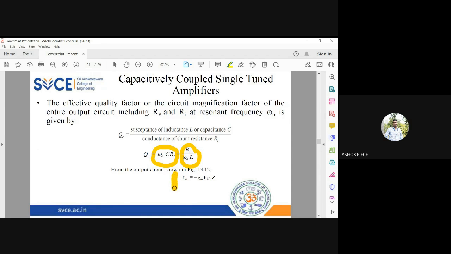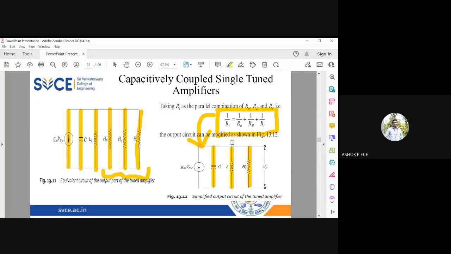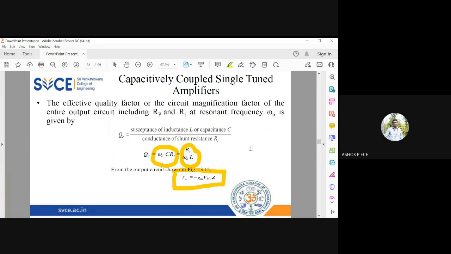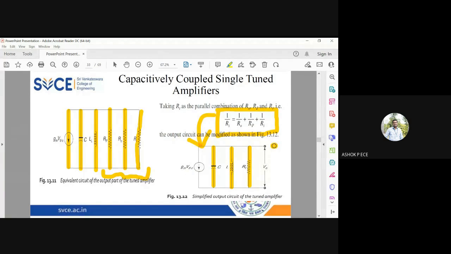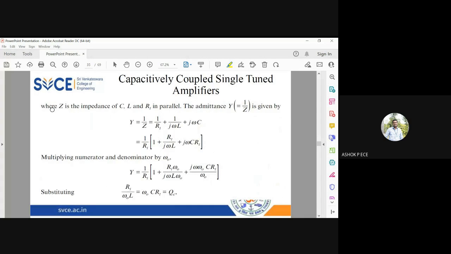And finally, output voltage V_o equals current into impedance, minus gm V_b'e into Z. What is Z? Z is the parallel combination of all these elements in parallel. Okay, so V_o equals minus, because I measure V_o plus and minus like this. My way of measuring V_o is like this, but you see the current is flowing this way, from bottom to top. So the entering node is positive, the leaving node is negative. So V_o is going to be negative. V_o equals minus gm V_b'e into Z,